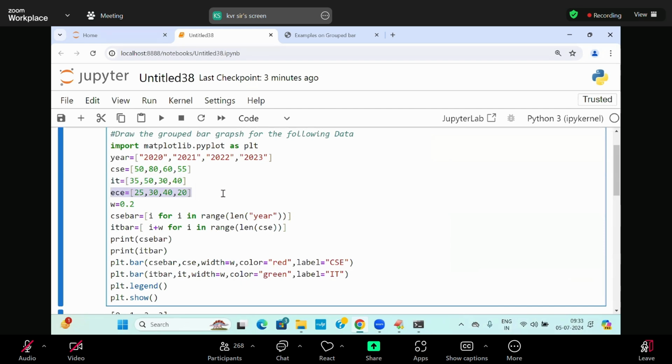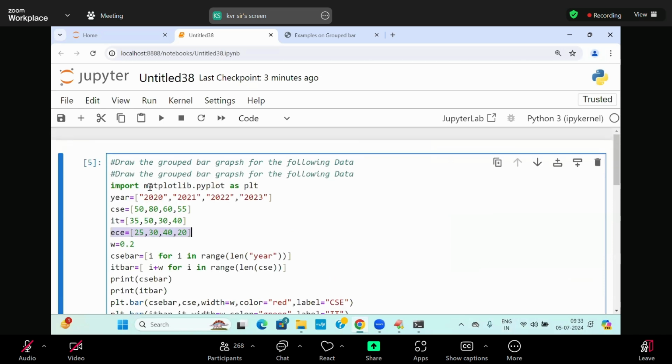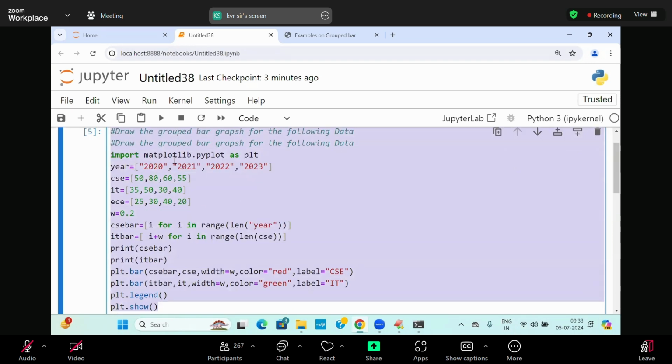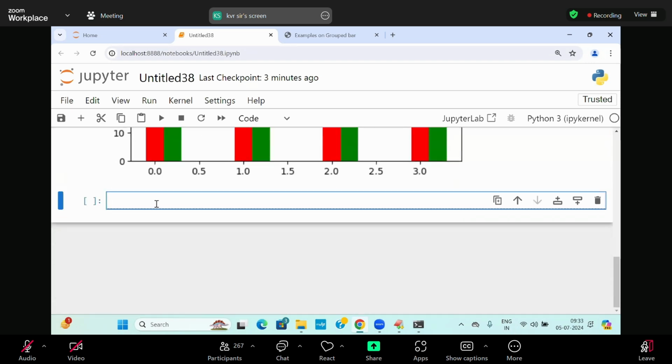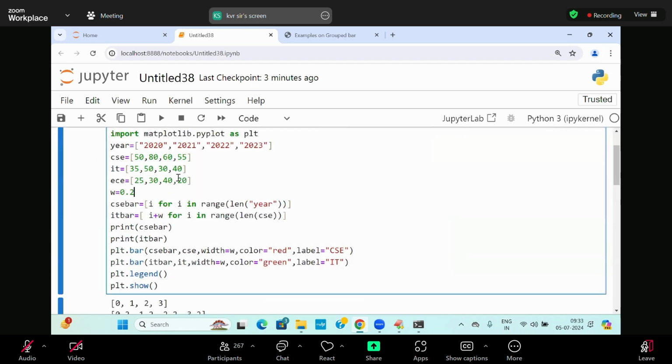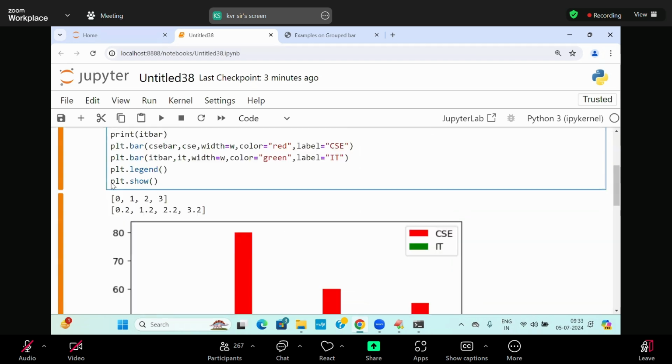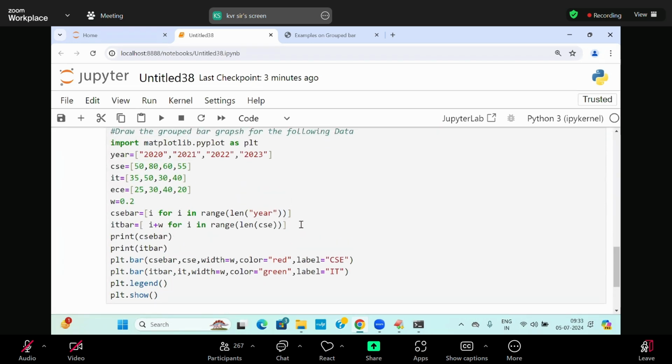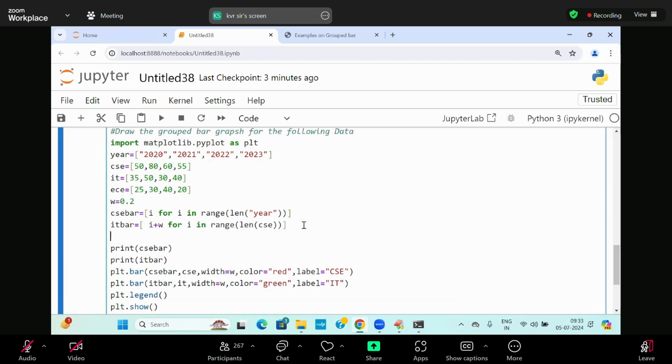Next is ECE placements. How do you get ECE placements? Try to take up this data. ECE bar also I want. How do you get the ECE bar? EC bar is already there, so it is not necessary to take the EC bar here. I will take the next one. Here EC bar is available. Prepare the EC bar. Come on. EC bar